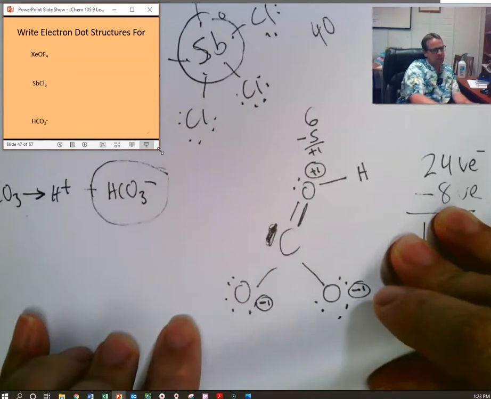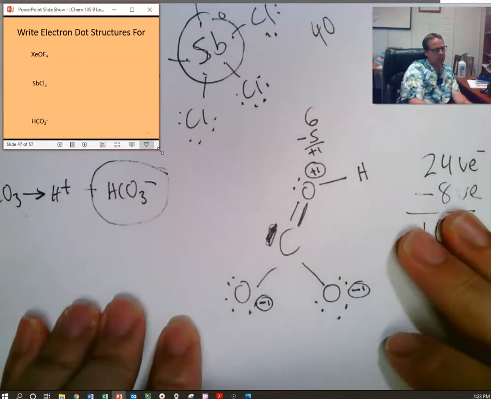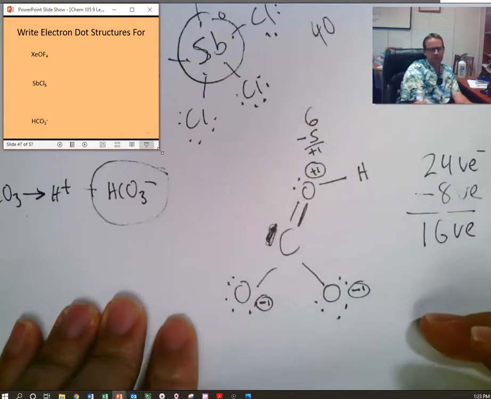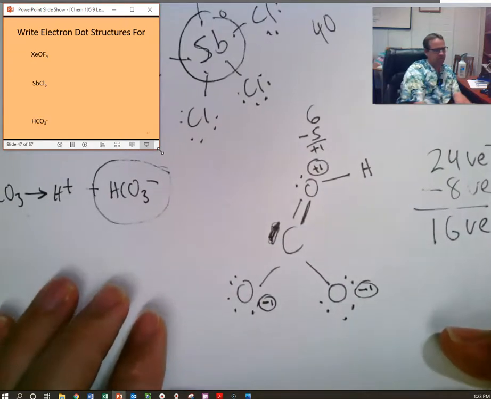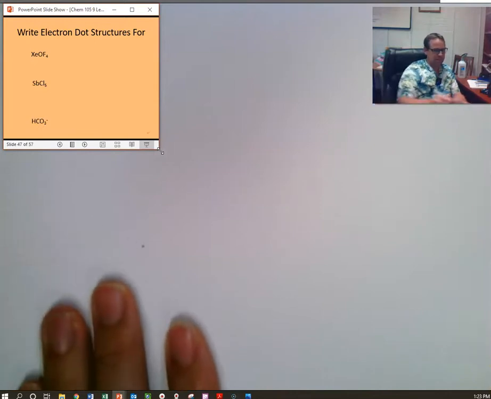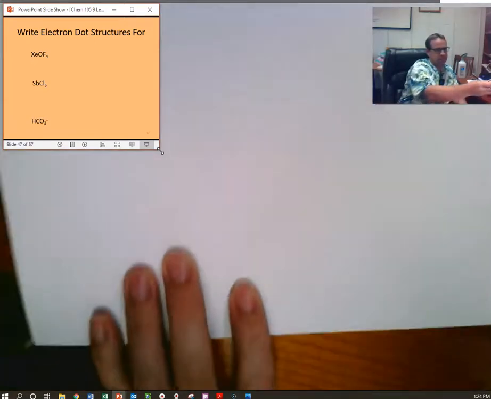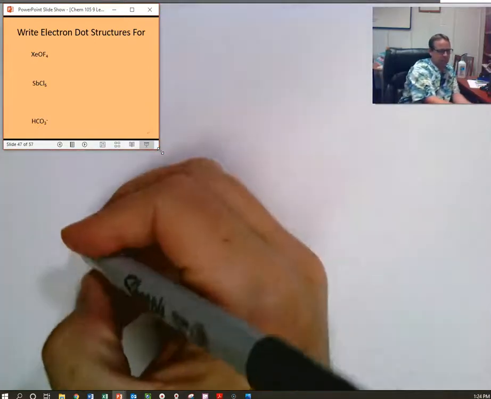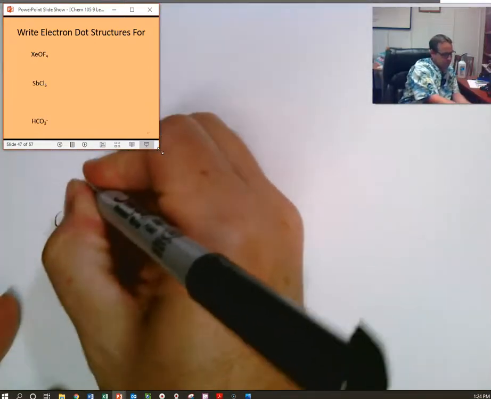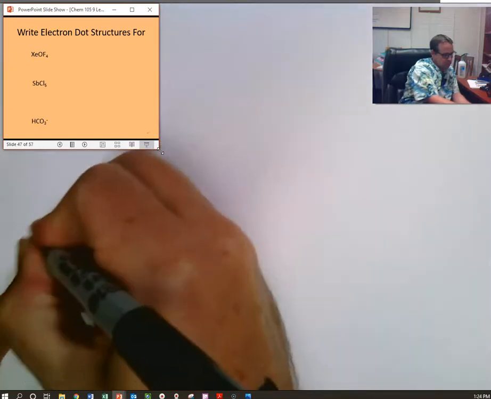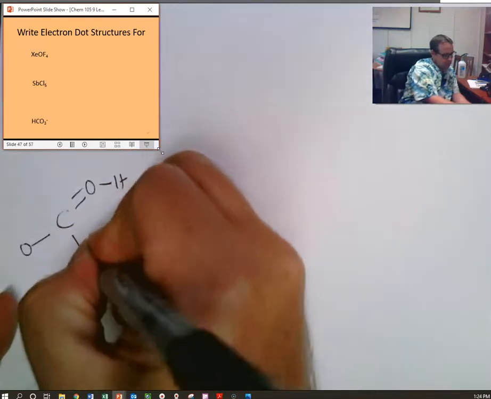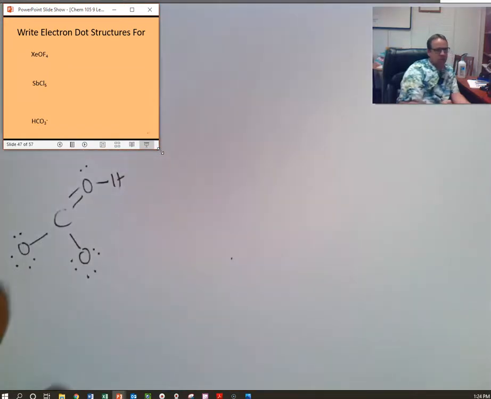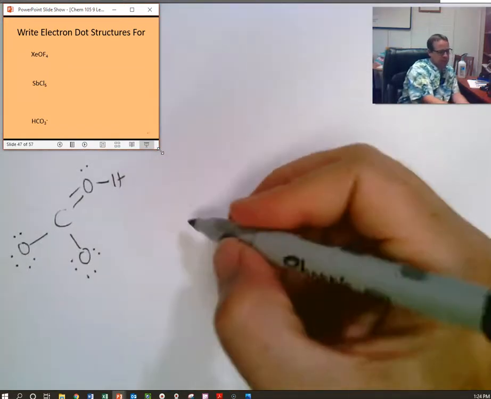So that's an indication of what, Harry? That there's a better way of doing it to balance it. Yeah, that's probably not a correct structure. Okay, so 1, 2, 3, 4, 5, 6. 1, 2, 1, 2, 3, 4, 5, 6. So if we want to rearrange electron density,